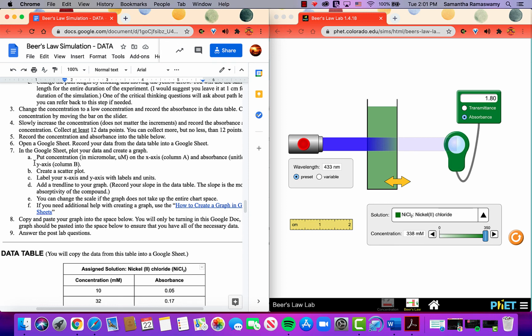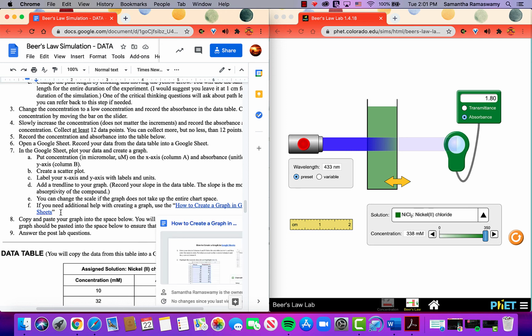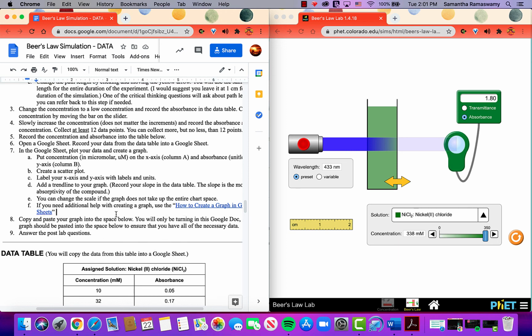So I gave a short how to create a graph in these steps. But if you remember when we created graphs before, I have this how to create a graph in Google Sheets Google Doc that I have linked, so you can use that as well. Now you have two options. You can use either the millimolar or micromolar concentration in Google Sheets, or you can convert all of them to molarity in your graph. It's up to you on which one you pick, but if you need help with creating a graph in Google Sheets, then go ahead and watch the how-to video for